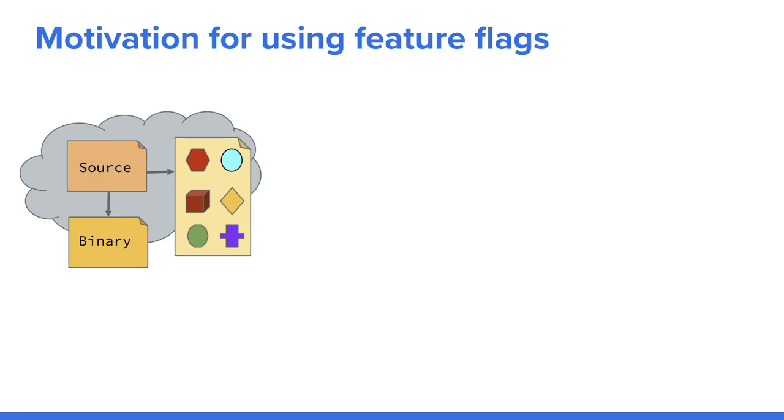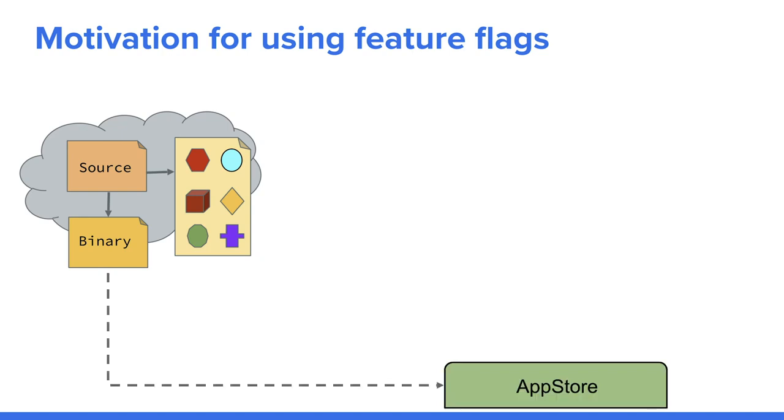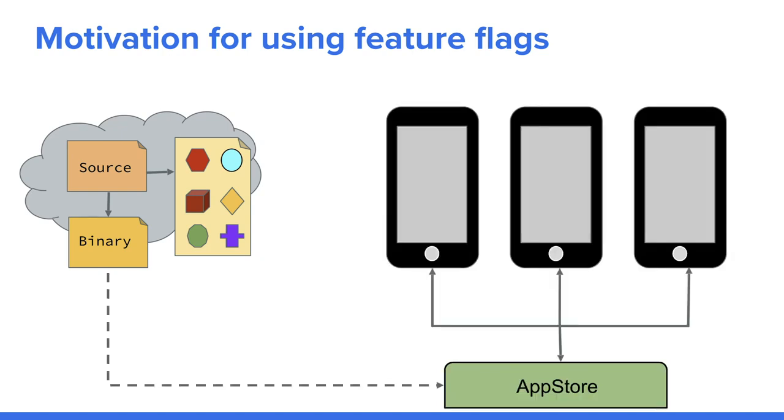For mobile apps, the compiled binary is shipped to app stores. Users of the application download and install the same binary. When they use the application, details pertaining to the enabled features are sent to the app instance, which will enable a specific subset of features to the user. Now, different users will have different features enabled, even though they have downloaded the same binary.